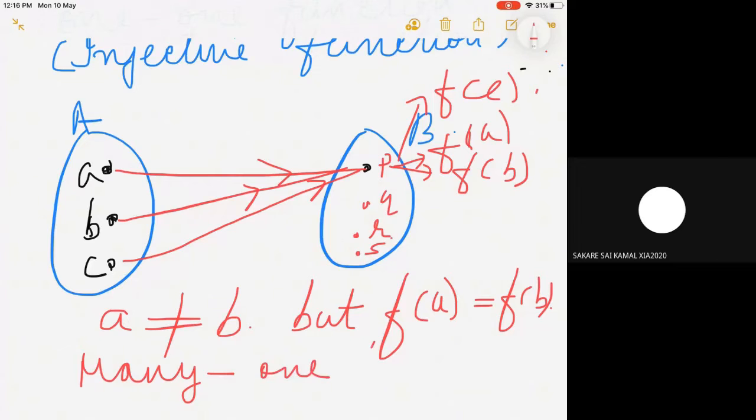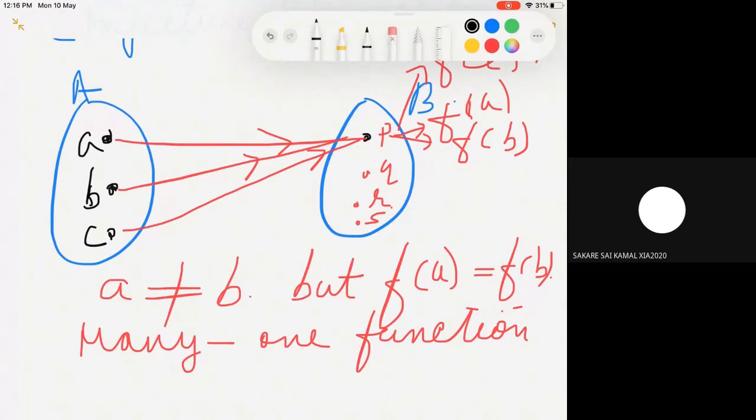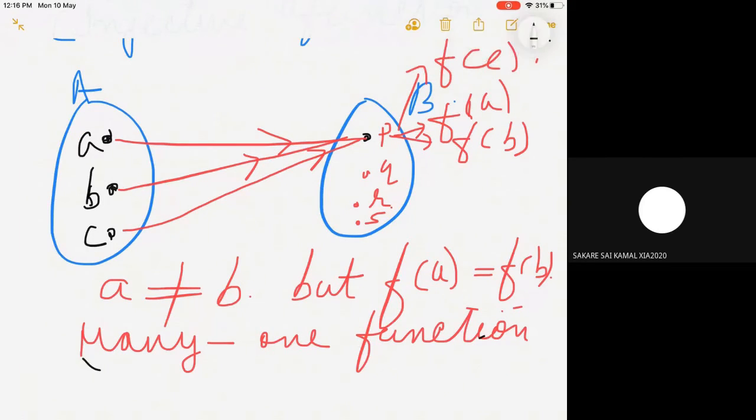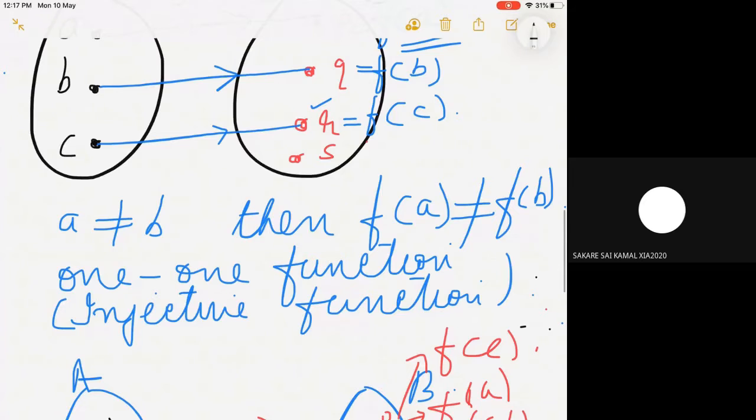Many-one function. From this word itself we can make out what many-one means: many to one. Here, many from where is it coming? It is from the domain. From the domain, many elements are mapped to one element in the codomain. Similarly, one-to-one you can take in that same sense: one element of the domain has only one image, one element in the codomain.